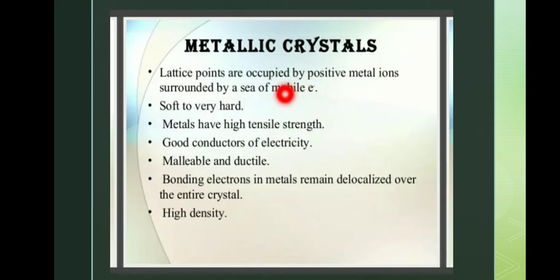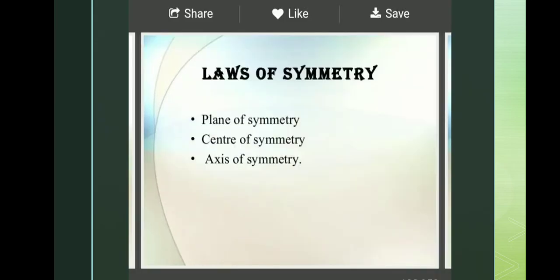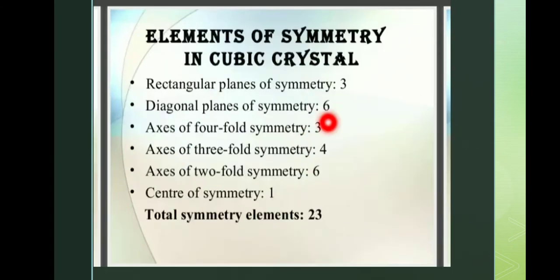And metallic crystals. Lattice points are occupied by positive metal ions surrounded by a sea of mobile electrons. They range from soft to very hard. Metals have high density and strength, are good conductors of electricity, malleable and ductile. Bonding electrons in metals remain delocalized over the entire crystal. Law of symmetry: there are three types of symmetry: plane of symmetry, center of symmetry, and axis of symmetry. Elements of symmetry